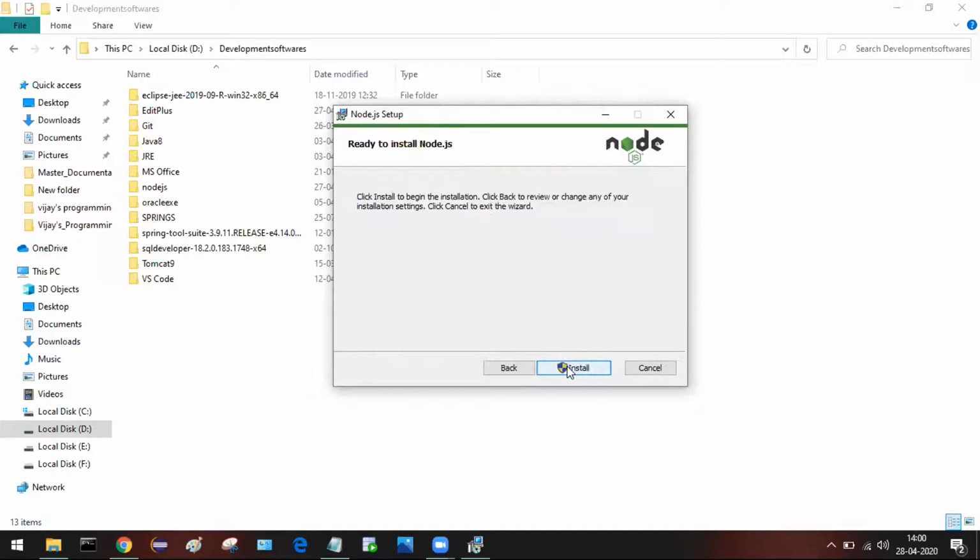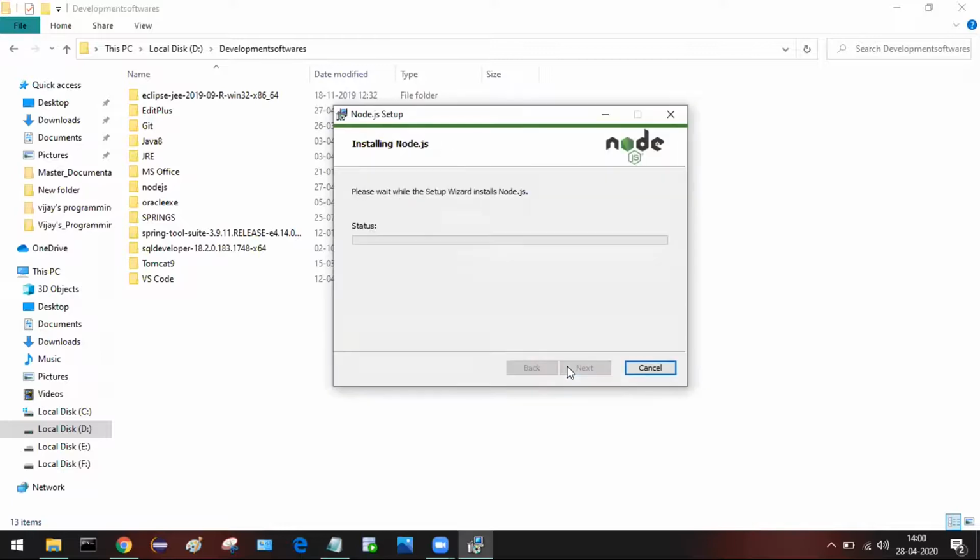Just hit next and click on install, and it is going to install in our system. That's it for installation. After this we may get an installation successful window, and you just click on the finish button.